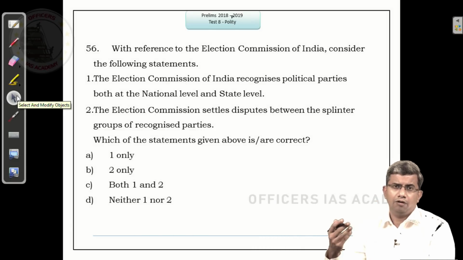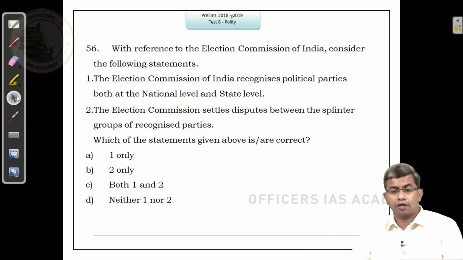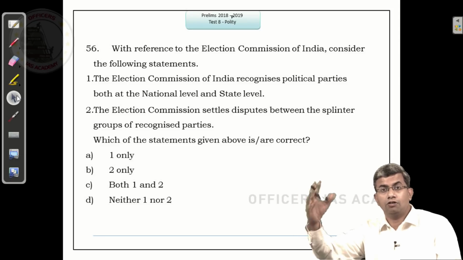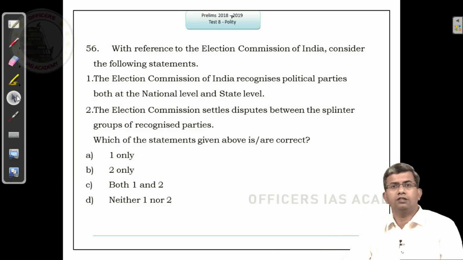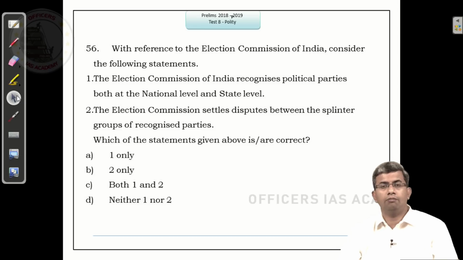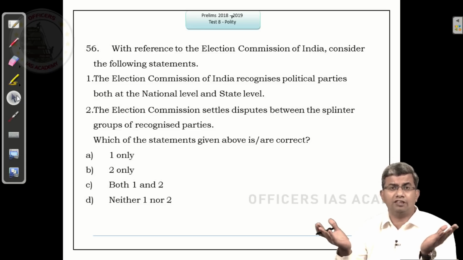This again, it was one year old news, but there was a lot of conflict in the Samajwadi Party. There was a lot of conflict in the All India Anna Dravida Munnetra Kazhagam, which is a Tamil Nadu based party. Symbols were frozen and then they were granted to one of the factions. There was recently a controversy over allotment of symbol between the Sharad Yadav faction of the Janata Dal United and the now officially recognized Janata Dal United party which is headed by Mr. Nitish Kumar. So, those are political slugfests, right?